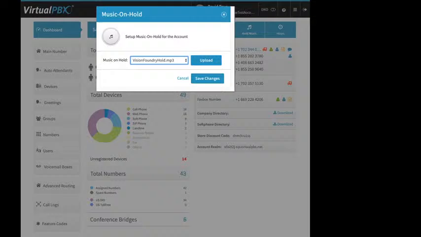Okay, hold music on Dash is defined as once a call has connected to a user, and that user presses hold on their VoIP phone. When that happens, you can have this file here play. You can upload your own,